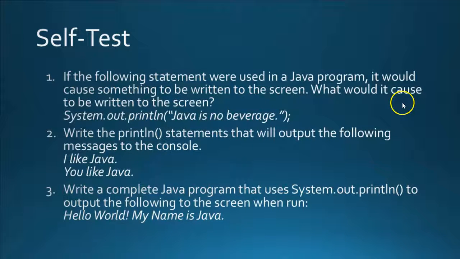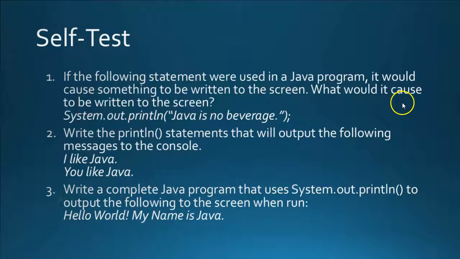All right, you are on your self-test questions now, folks. Remember, these are going to be in your labs, so you have three questions here. If the following statement were used in a Java program, it would cause something to be written to the screen. What would be written to the screen? System.out.println("Java is no beverage");